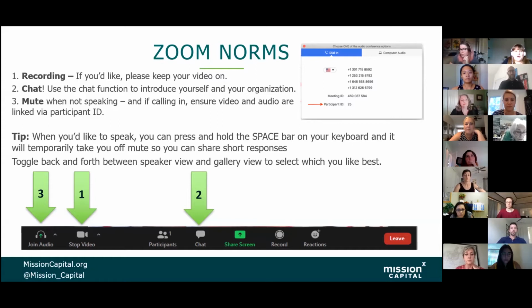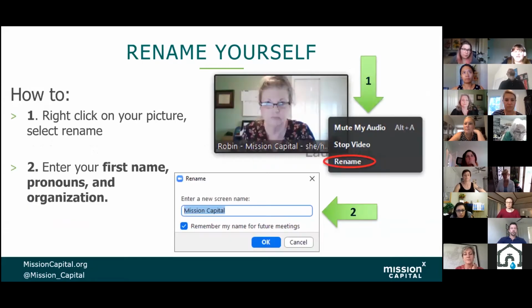Awesome. Okay, so our next step is we're going to practice renaming ourselves. As a way for us to engage with each other, especially when we're in breakouts, we need some shorthand for getting introduced. So if you haven't renamed yourself before, there are 2 ways to do it. You can click on your picture and right click, or you can click the 3 dots. Either way, that'll bring up a drop-down menu where you can click rename.